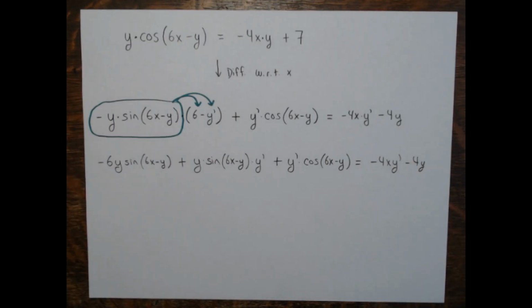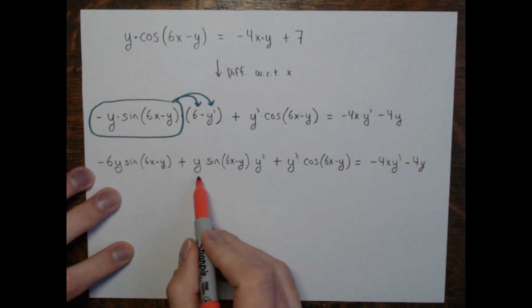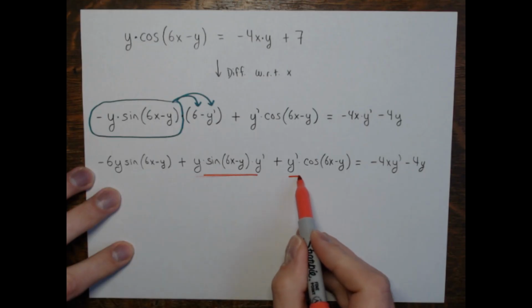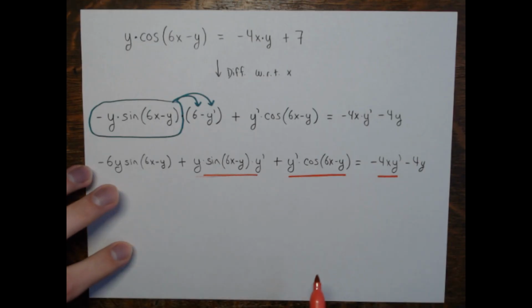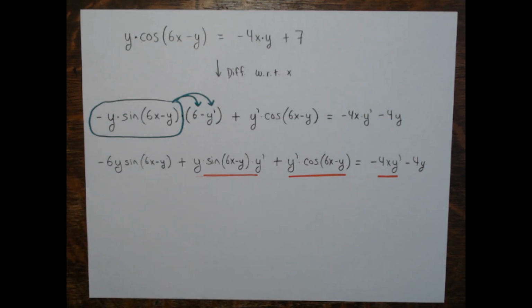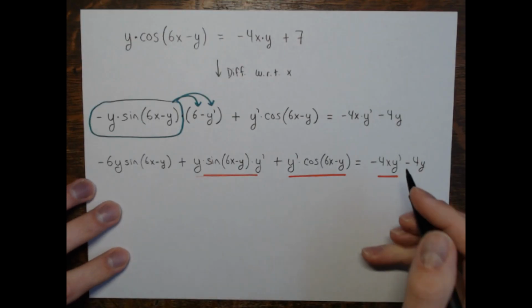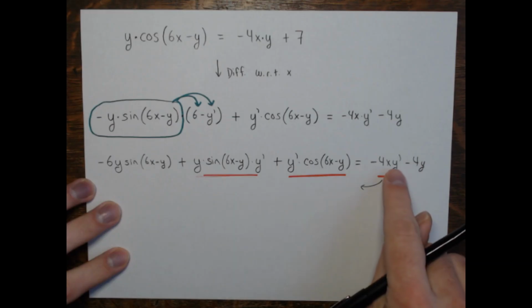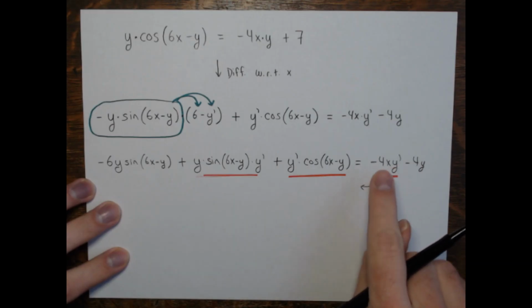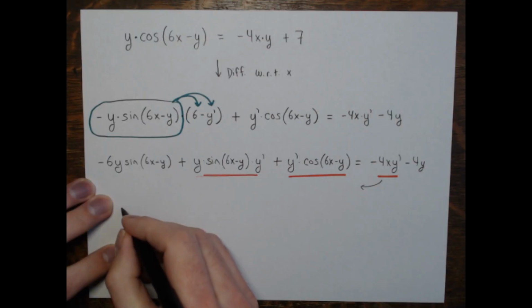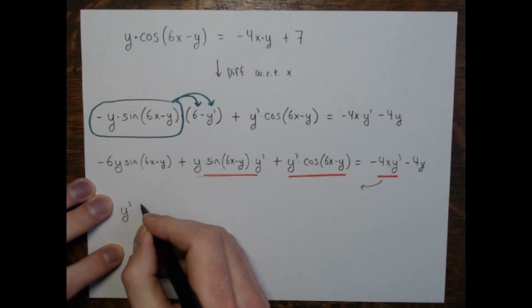Like before, all the terms that have y prime attached, this term, this term, and this term on the right side, I'm going to take to one side and factor y prime out. I'm going to add 4x y prime and then factor y prime out. So we'd have y prime times